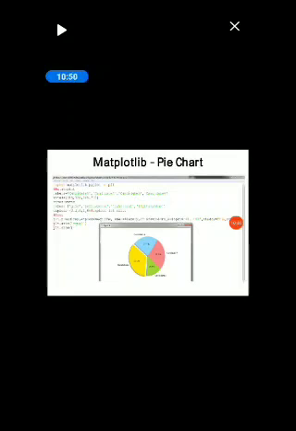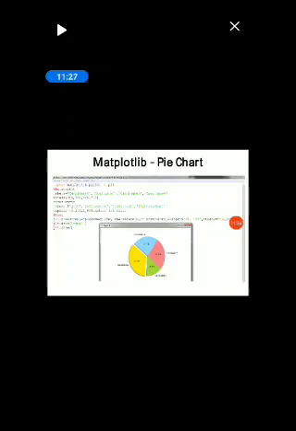I have written the names, and you may write the code also. I have set the explode parameter. Just the first slice I have to explode, that's why I am writing 0.1, comma 0, comma 0 and comma 0. So we'll see what these explode parameters are. Then I'm calling the pie function simply with the arguments sizes, explode, labels, colors, autopct. What is autopct? I'll come to that. Shadow, etc. So these are the parameters.